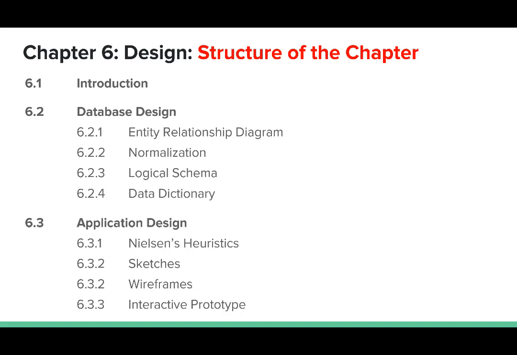If you look at the overview of the chapter, you will basically see already what we're going to cover. So in the design, we will look at the design of the back end, which is the database, as well as the design of the front end, which is the application. Even for the database, you don't just go and start creating a table. You need to know what fields are in the table, etc. And that's the role of the design chapter. The design chapter from the database side will help you to come up with a set of normalized relations, and these will be the tables that you would eventually have in your application. But of course, it's not just about the product of coming up with the tables. It's the process that you go through.